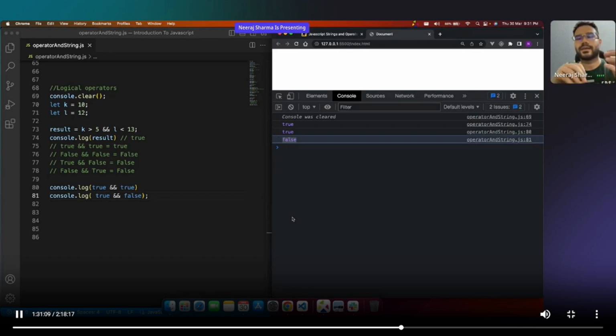Why? Because what does AND say? AND says both. So what you are saying is that this is true, but this is not. So AND says no. That is how the AND operator works, and that is what I'm telling you. Now, how it is happening,